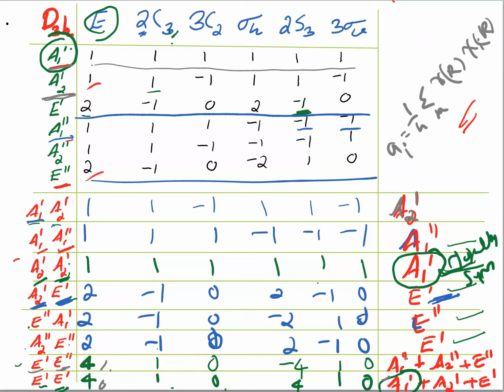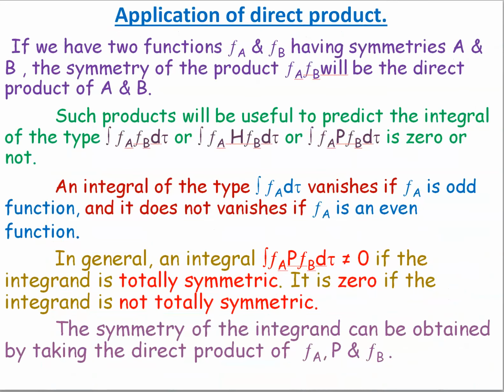Then you have to keep in mind, that is very important. We are discussing the chemical application of group theory. We get a totally symmetric representation by direct product only when we are multiplying the same IRs. Okay, on multiplication of the same IR only, we get the totally symmetric representation. That you have to keep in mind.